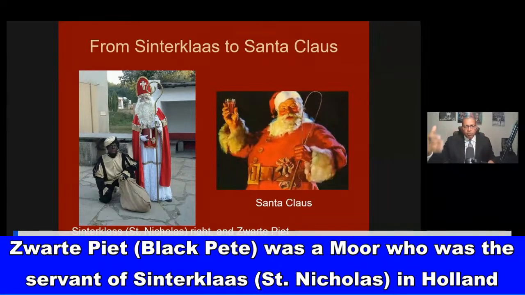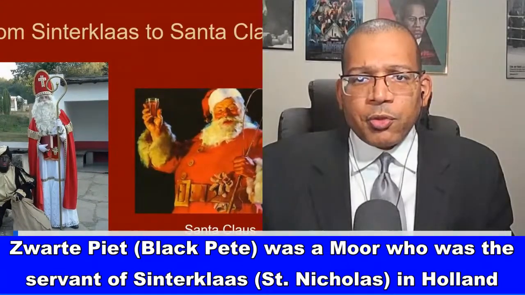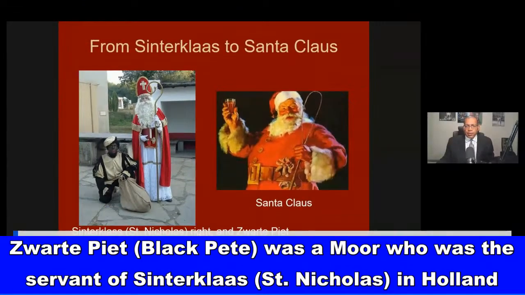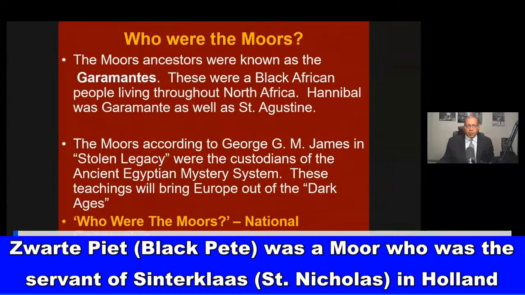And they have the parade beginning in early November, going throughout the Netherlands, and they commemorate Sinterklaas and Zwarte Piet coming from Spain into the Netherlands. All right, coming from Spain. Well, Spain is where the Moors went in 711 AD, led by General Tariq ibn Ziyad, going to the Iberian Peninsula. Okay, so Spain is very important. Now, who were the Moors?